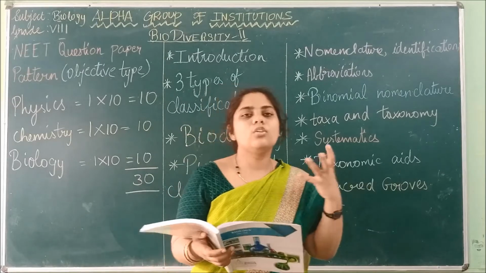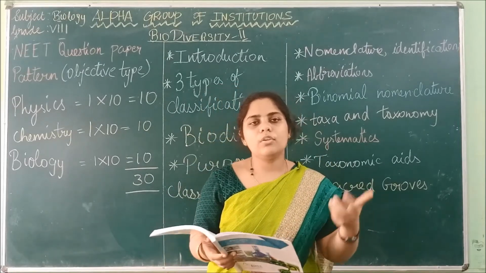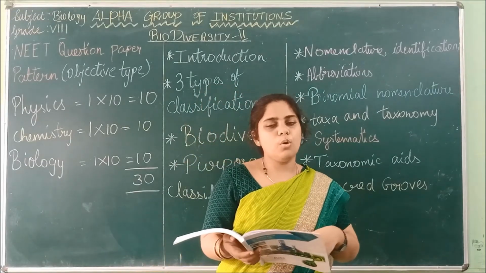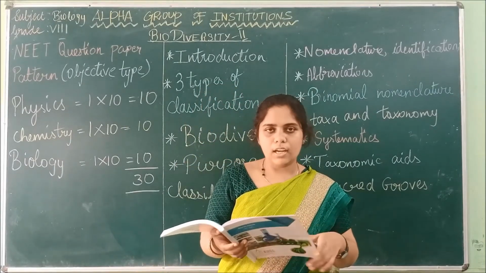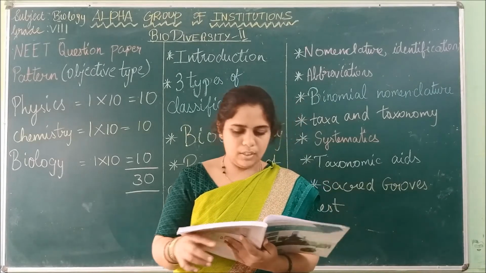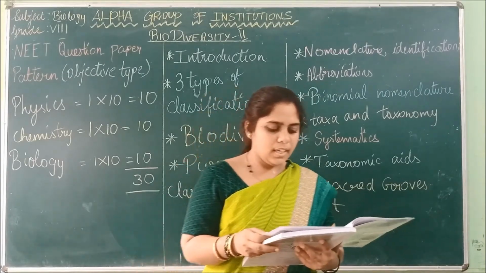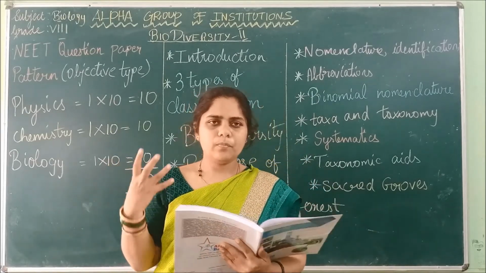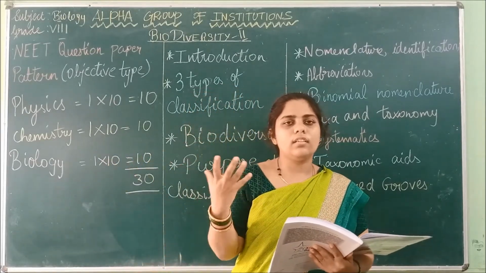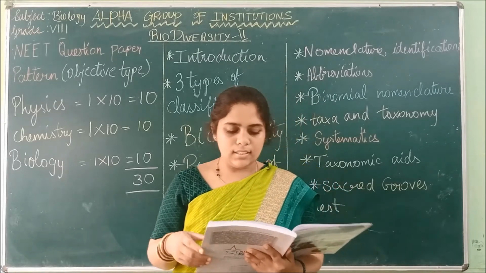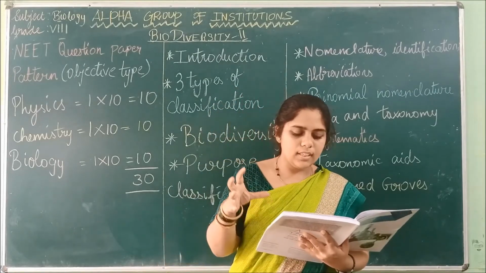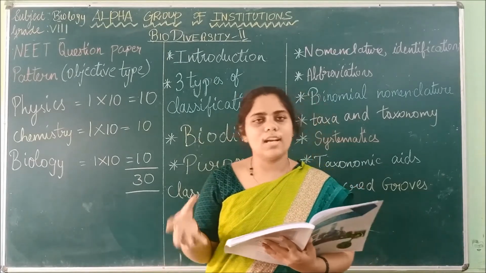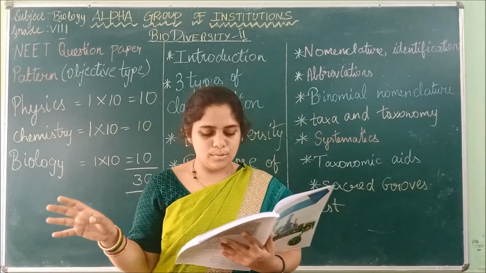And if I ask grouping of organisms into categories based on observable characteristics, that is known as classification. So you should know what is classification. In the last paragraph, learn the classification also. And in page 5, you should know what is taxa. The word that indicates all the categories that are used for study, the scientific name for the categories, that is known as taxa. So that also you should be able to know.